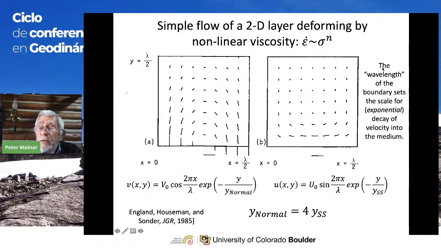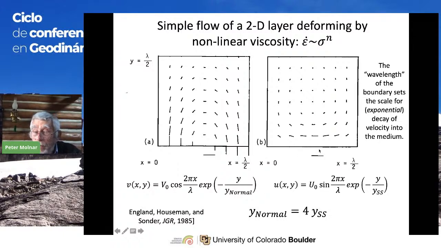So let me state at the beginning, the wavelength again sets the scale. But in this case, if you have an indentation boundary where you're pushing in here and you're pulling out over here, and of course there's the symmetry, so over here you're pushing weaker and weaker and it decays away. In this case, again, you have the velocity, the y component of velocity pointing upward here, has this cosine variation in the x direction, but it decays exponentially with y, with some characteristic constant in here. The same is the case with the shear boundary.